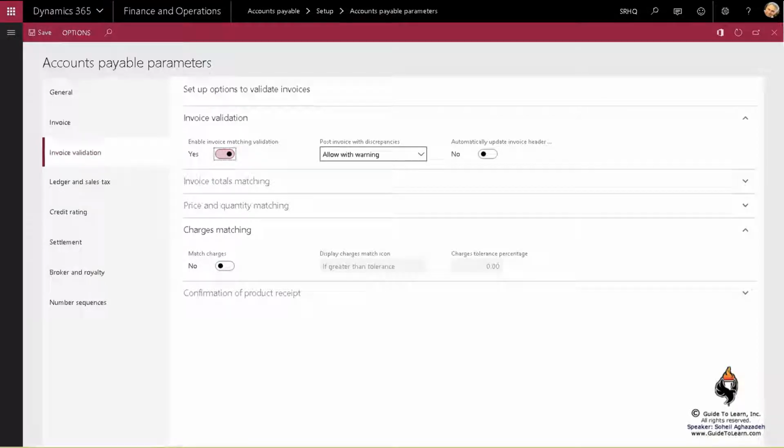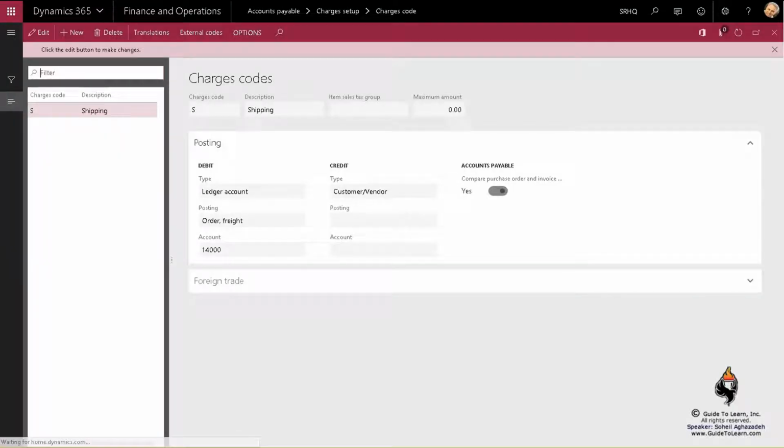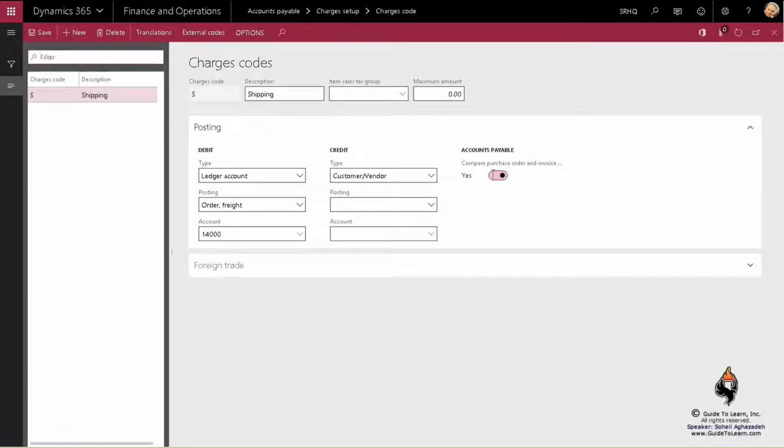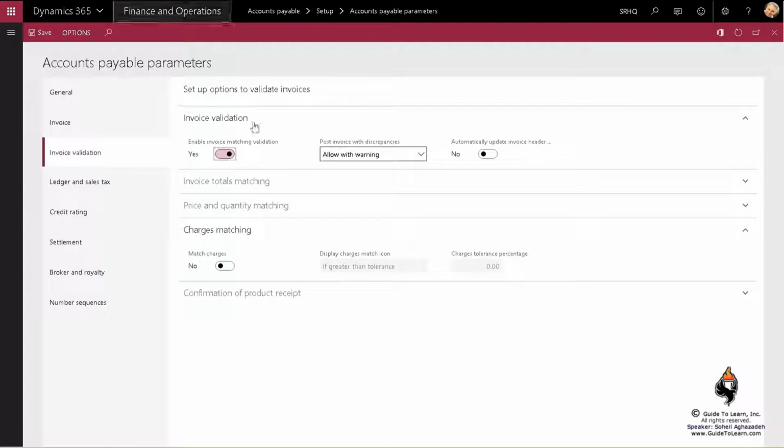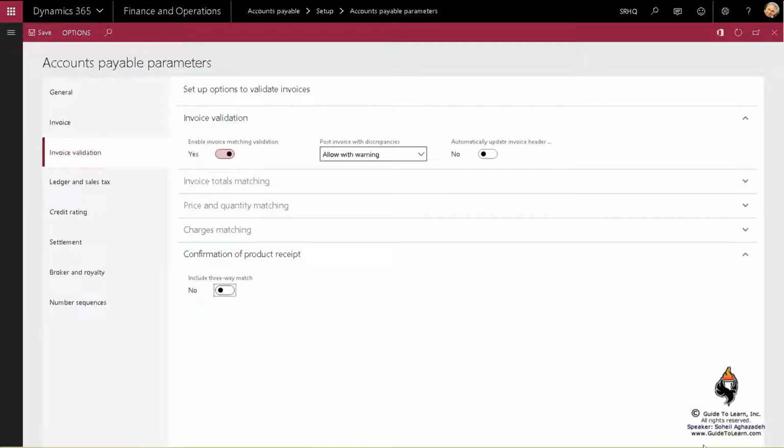If you do turn it on, then you can benefit from these match charges and all. So if I save it and refresh the entire browser again, the charge code is going to indeed have a brand new slider as a yes and no. Maybe you would like to say, don't include this charge as part of invoice validation, or do include it. Would you like to match the charges with a tolerance less than or greater than 0, let's say? And then, as far as the confirmation of the product receipt,